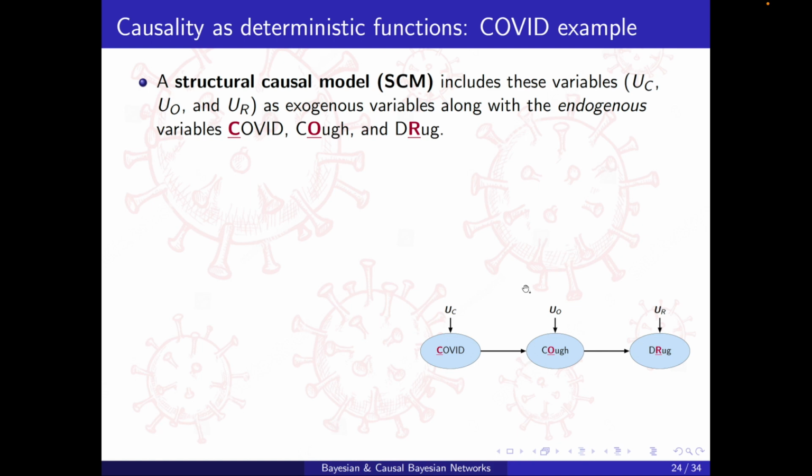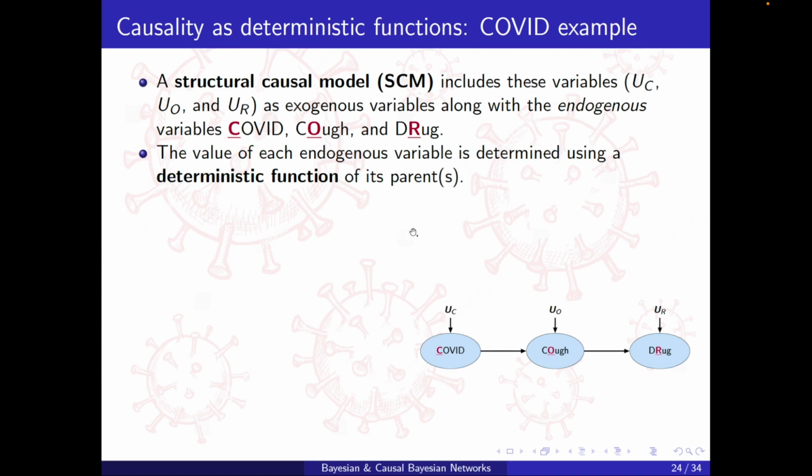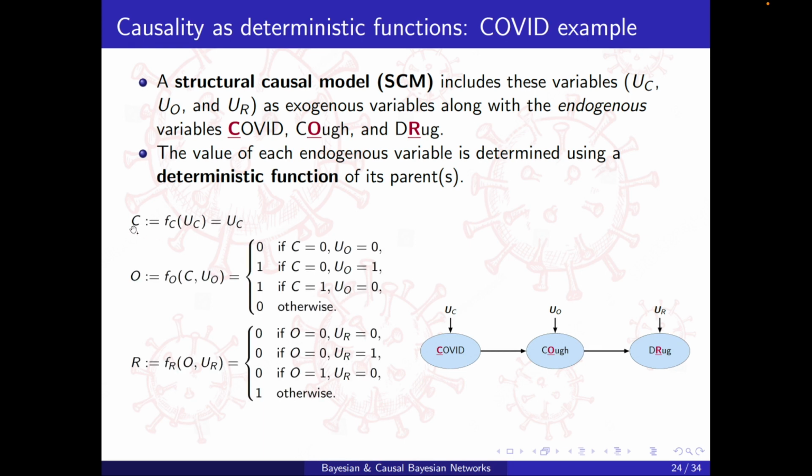A structural causal model, SCM, is exactly this. This is the representation. But in an SCM, we include these variables as exogenous variables along with the endogenous variables, COVID, cough, and drug, and we determine their relationships via deterministic functions. So here we will assume that C is just equal to U_C, but you see that it's a function